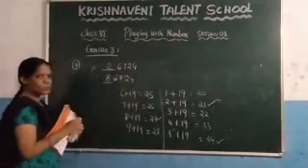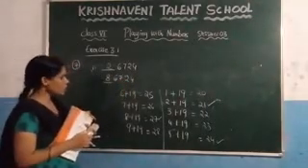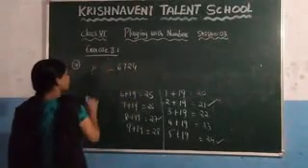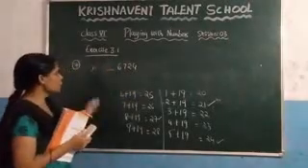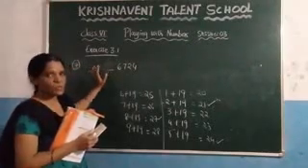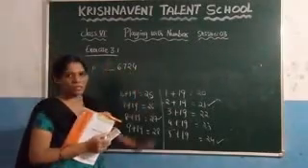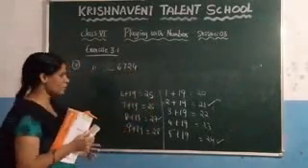Okay, this is the problem they have given. Again, they have given this question and they asked here, you need to fill this blank with the smallest digit and the greatest digit such that the given number should be divisible by 3. This is the question they have given.